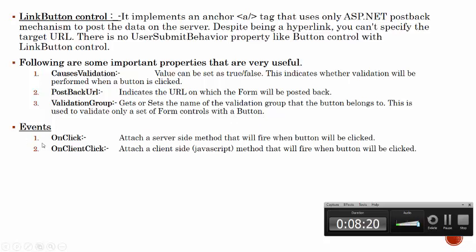Events: we have two types of events, OnClick and OnClientClick. OnClick is performed when your button is clicked, and OnClientClick is performed when you call your JavaScript method. So this event is used with JavaScript, and OnClick is the server-side event.